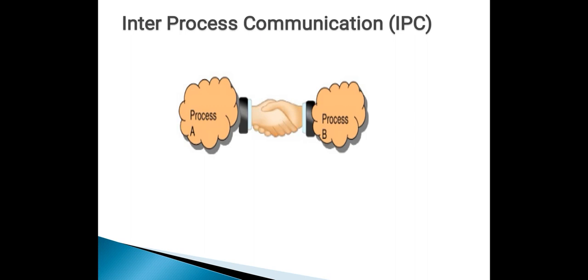Interprocess communication is a mechanism where one process can communicate or exchange data with another process. In this figure, it is shown that process A can give data to process B. Similarly, process B can transfer its data to process A. Processes may be running on one or more computers connected by a network. In general,